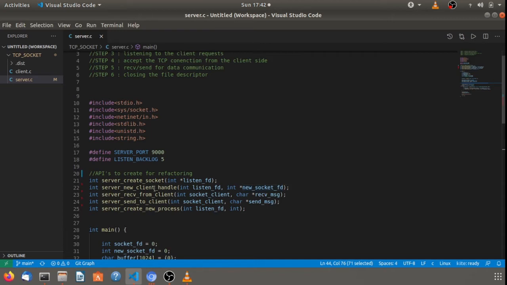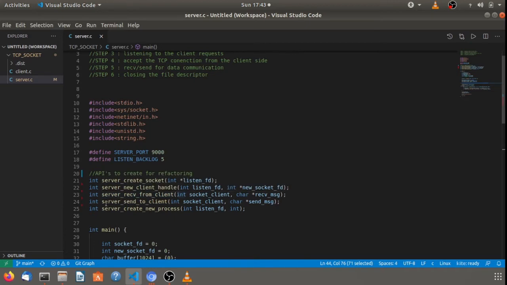Once we get this new fd for that client, we need to receive the data from the client, so we'll have this API, server receive from client. It will take the new fd that is created from the new client handler, and then we receive the message from the client to the server using this API.